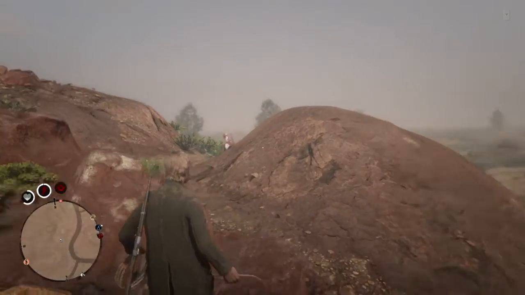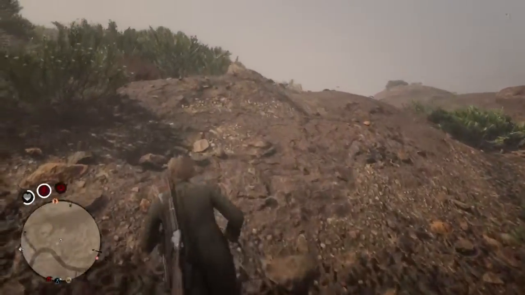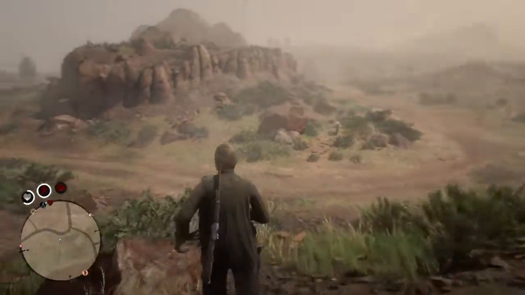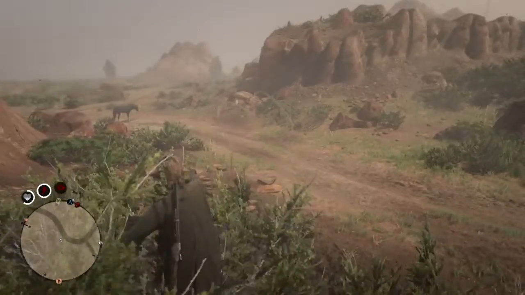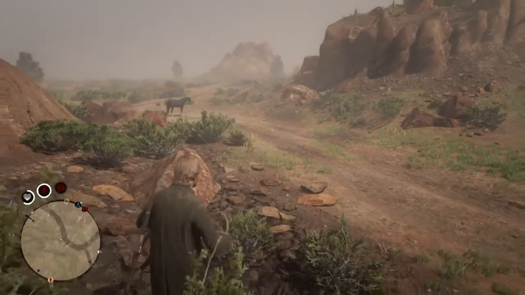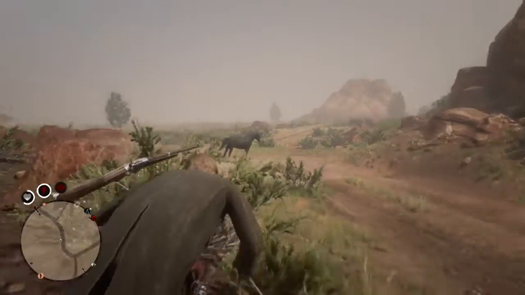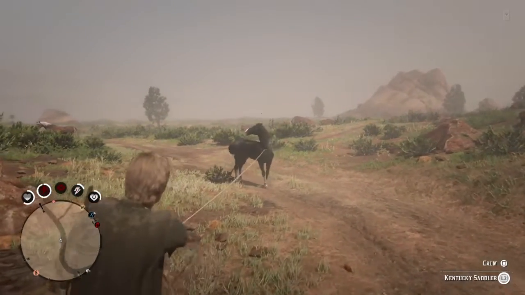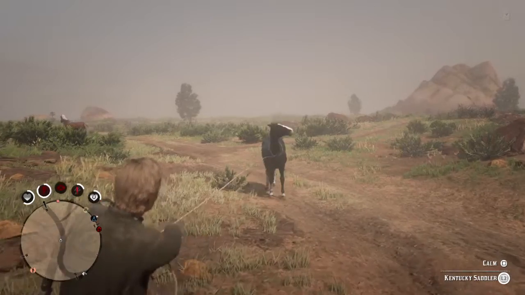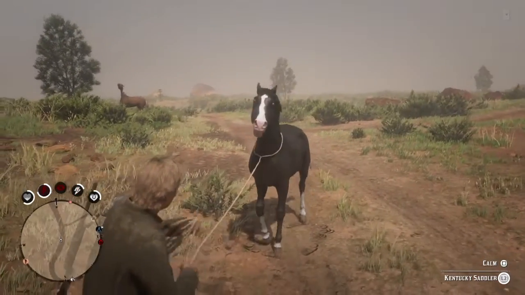Now, one of my favorite things about the lasso is that it actually works on people too, and similar to what you do with the horses, you just hold down L2, hold R2, and then you just release it, and then the person will just be caught up in your little lasso trick, and you'll be able to hog tie them up and perfectly get them. And as you can see right here, I did end up getting a horse and got a new Kentucky saddler for my...